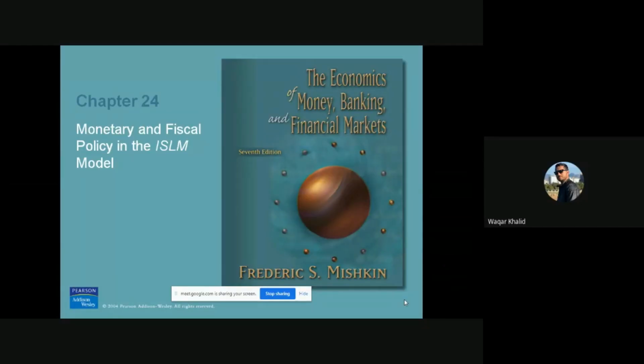Today we are going to discuss chapter number 24. In this particular chapter, we will be focusing on the effectiveness of monetary as well as fiscal policy in the ISLM framework. As you know, since World War II, government policymakers have tried to promote high employment without